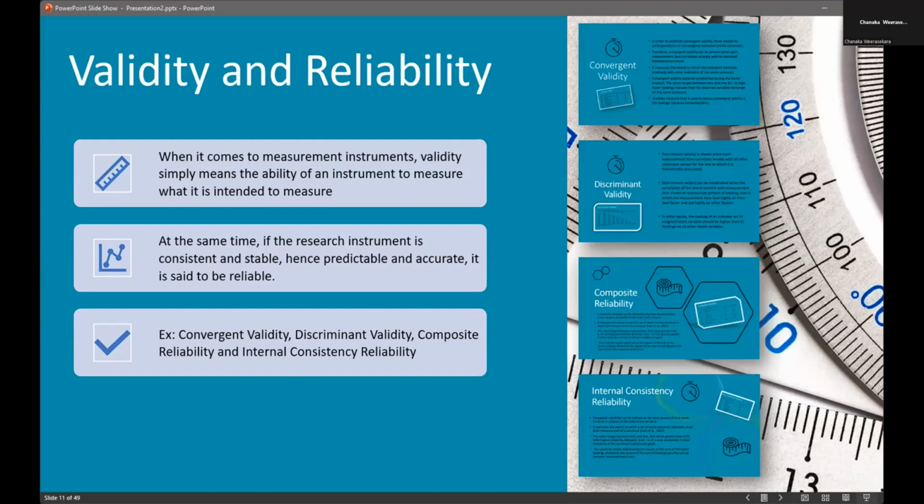That means now if the time is 6 p.m., if this clock shows that the time is exactly 6 p.m. according to the clock also, that means the validity of that clock is quite high,